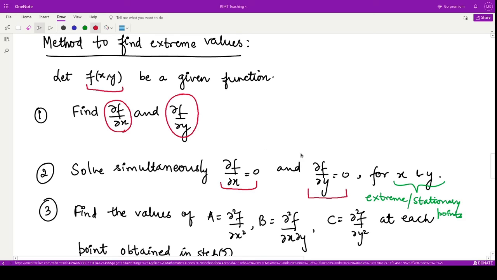You will solve these equations and calculate the values of x and y. Whatever values you obtain are known as the extreme or stationary points, and sometimes they are also known as critical points. Once you have these values,